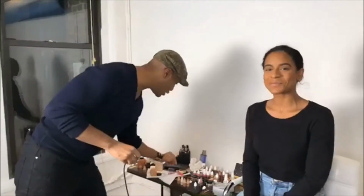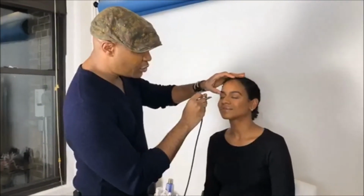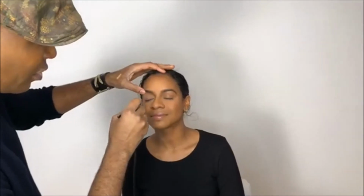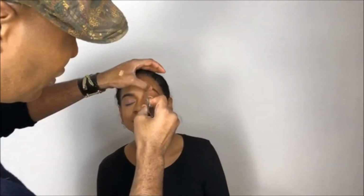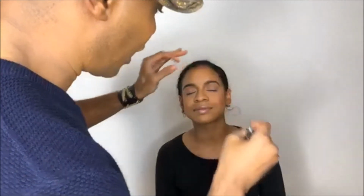You can also use, I know you guys are going to be like, what? Actually, I'm going to start the bridal look, but close. You can use the same pink to start her eye with for the bridal look. This also gives a really beautiful, soft